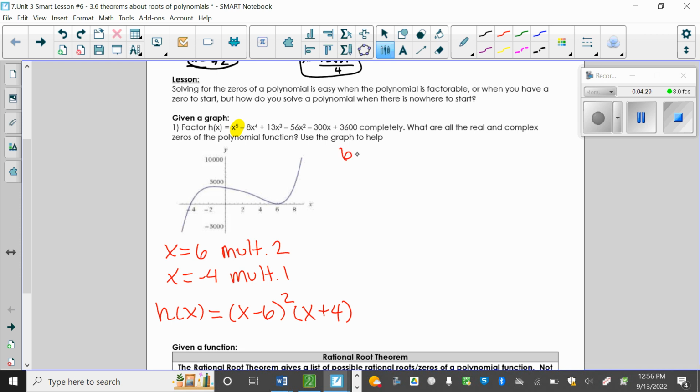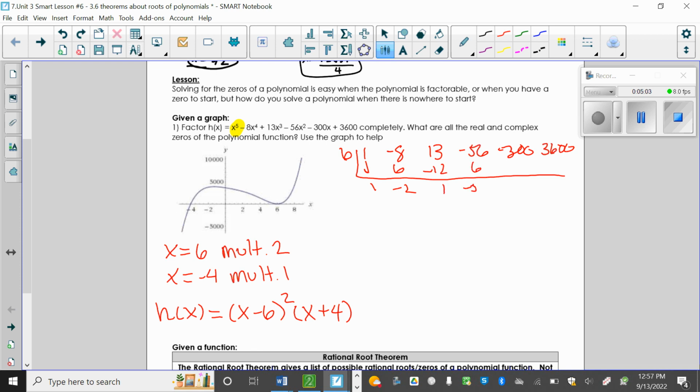So I put 6 on the outside. Underneath, I have the coefficients of h of x. That's 1x to the 5th minus 8x to the 4th plus 13x to the 3rd minus 56x squared minus 300x plus 3,600. I don't need any zeros for placeholders because I have the coefficients of degrees 5, 4, 3, 2, 1, and 0. So I drop down, multiply, add,